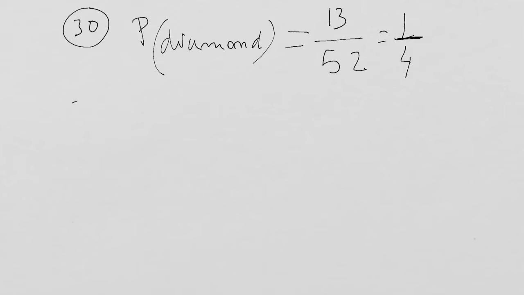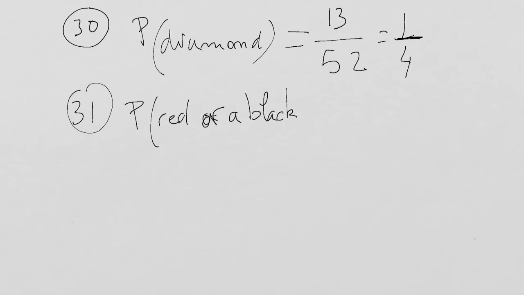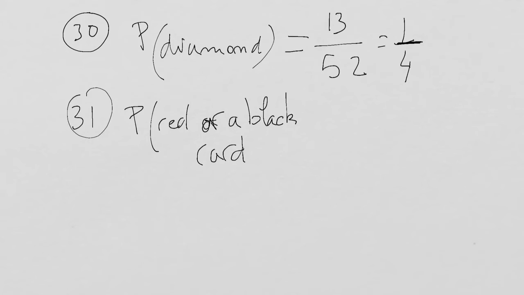Now if I take a look at number 31, which is finding the probability to have a red or a black card. Well, obviously, if I pick a card, this card can be red or black. And so that means there is a 100% chance to have a red or a black. You need to pay attention to the word or. That is super important, because in the next problem, problem number 32,